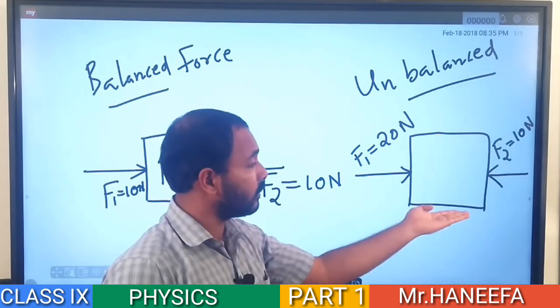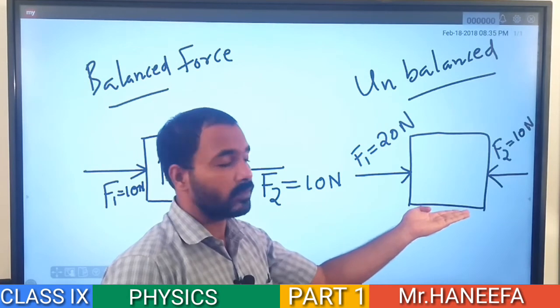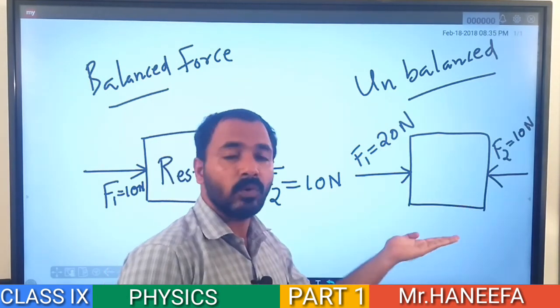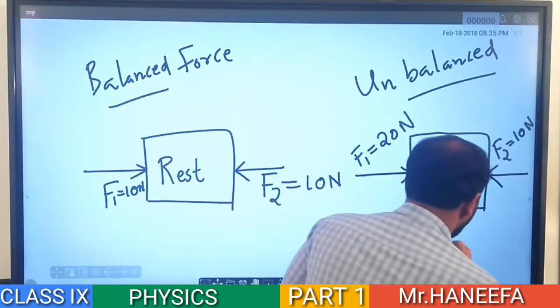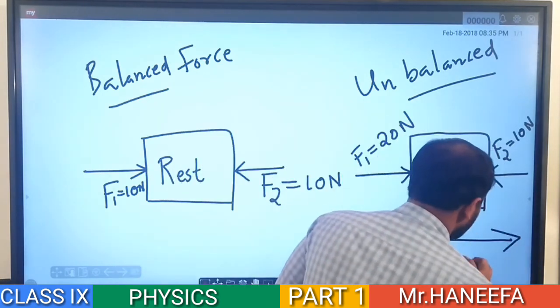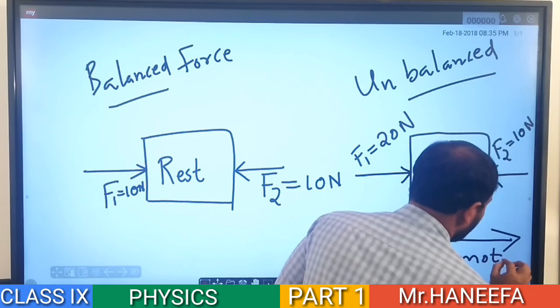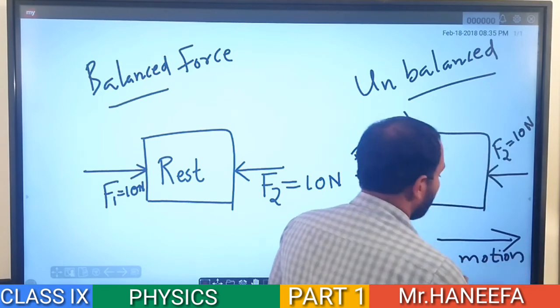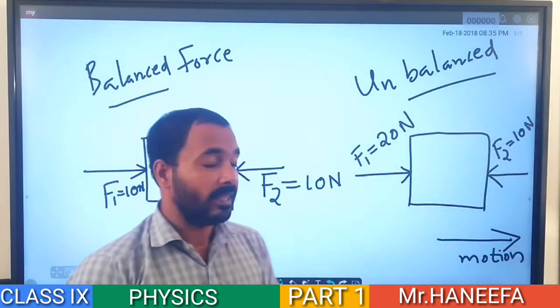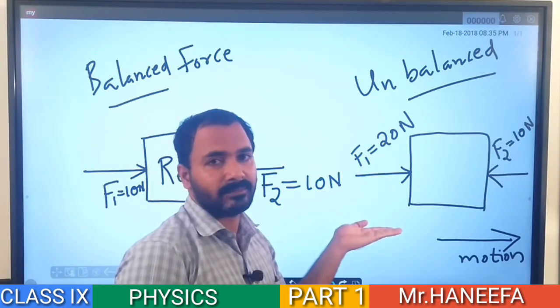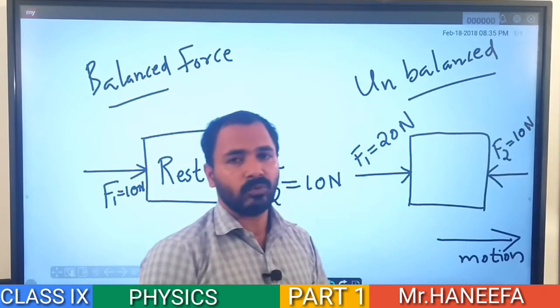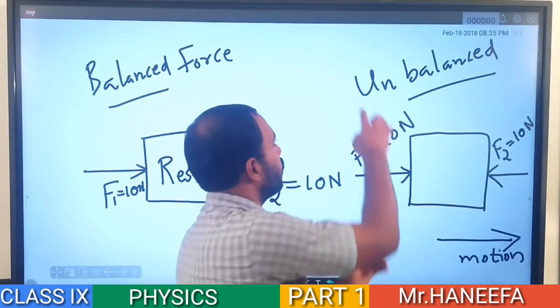In which direction does this block move? This block moves in the direction of the greater force. So this block moves in this direction. The motion of the block is in this direction. Why? A greater force is applied on this side than F2. So this type of force is called